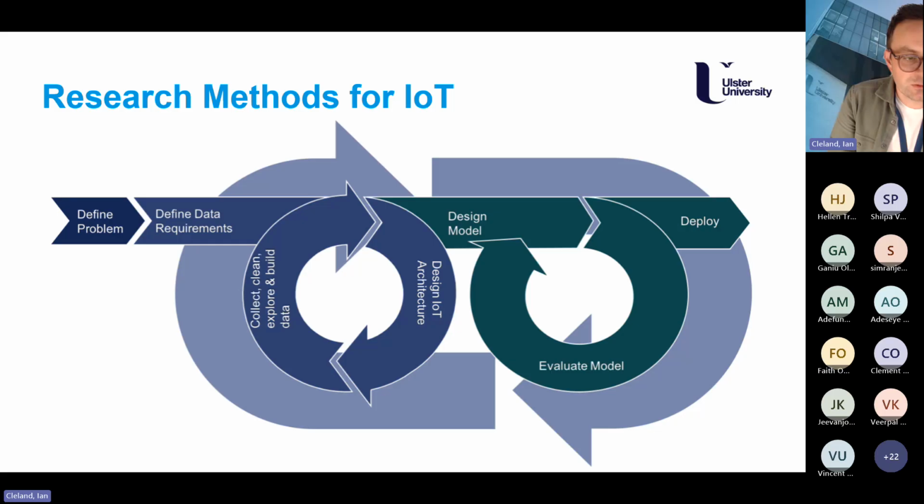What sort of range is that sensor going to have? Does it need to have any set level of accuracy? Does it have to come in at a certain cost? Will there be access to different communications like Wi-Fi, or will we need to rely on some other more low bandwidth communication protocol, for example? So we can build up those requirements and then use that to design our architecture, maybe collect some data using that architecture that we've developed, evaluate how it's performed, maybe with some gold standard, and then think about again how we might optimize and deploy that model.